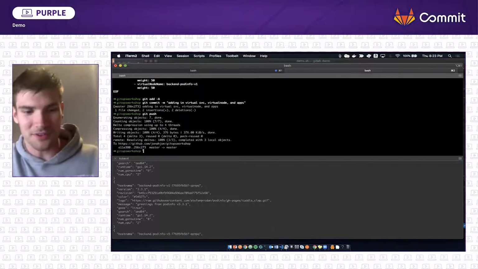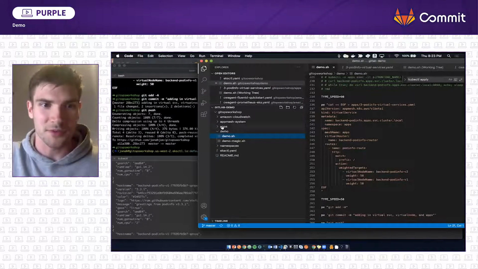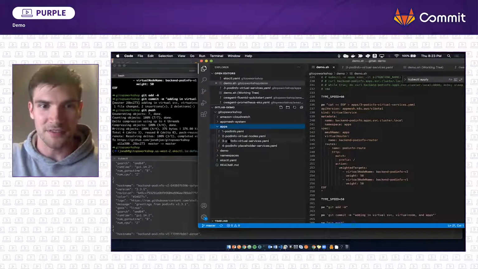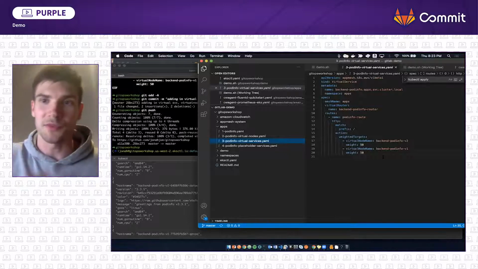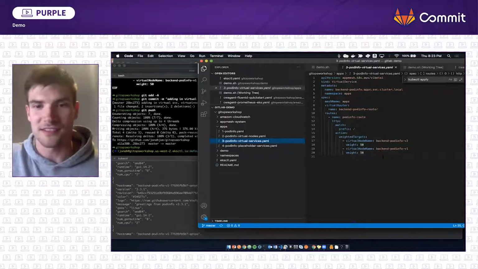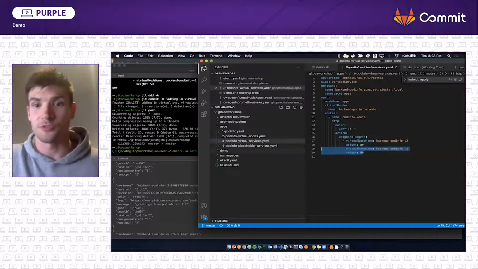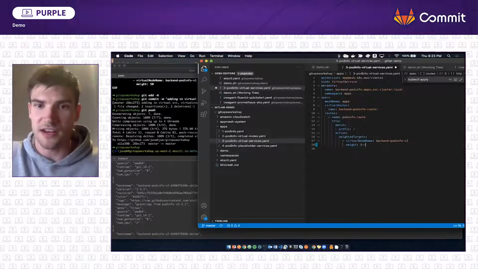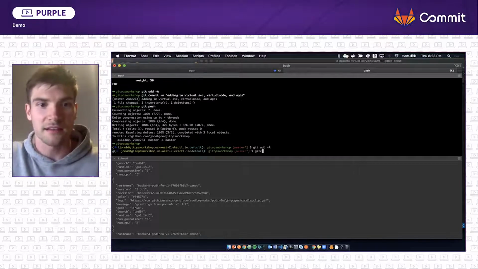So we're going to go off the script a little bit here. And what we will do is we're going to go straight into this apps virtual service, and we're going to show you how you would reset this back. And so what you could do is you could straight up change this. So you could do the roll forward strategy, which is a pretty common strategy. So you could straight up change it back to 100%, and then you could do a git add, git